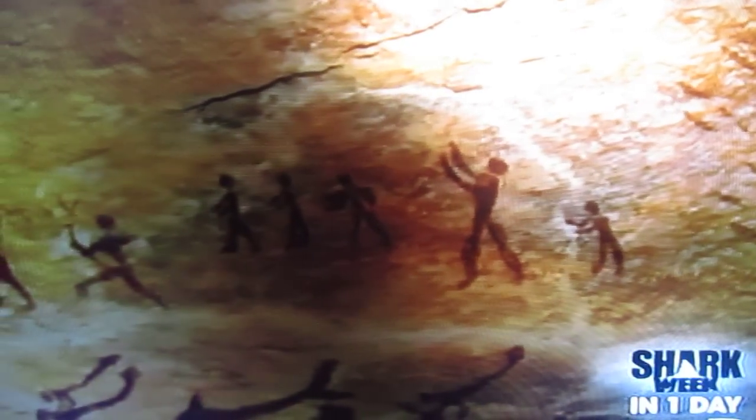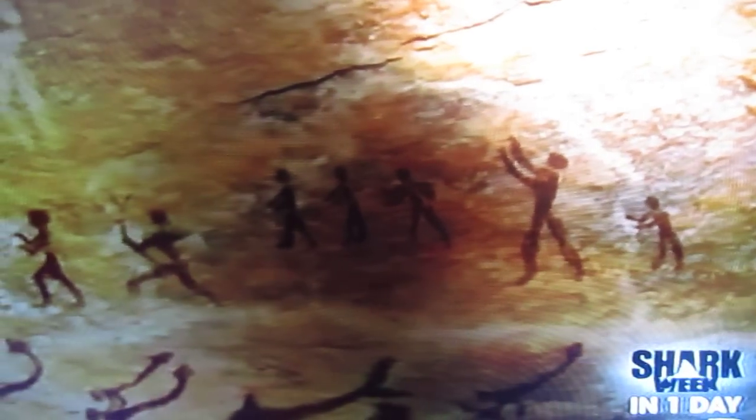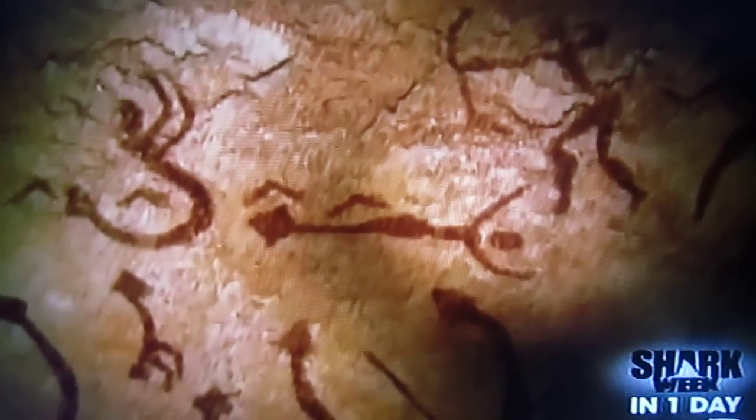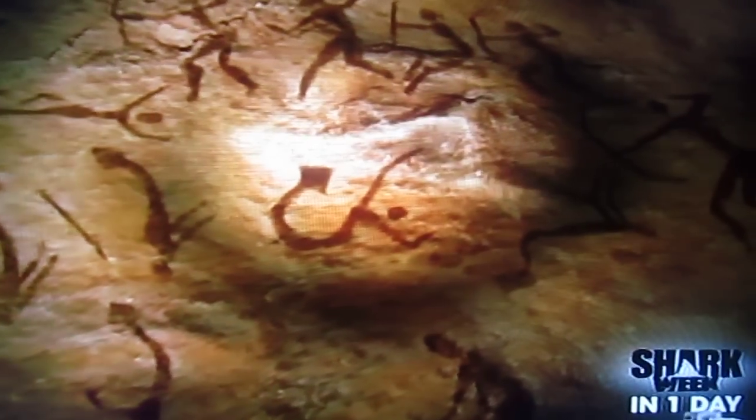Humans fought savagely over hunting and fishing grounds. Force was used against rival tribes and against any other competitive threat to a valuable food source. Could that be what these paintings depict? Could these paintings be a record of mankind's conflict with creatures that are now relegated